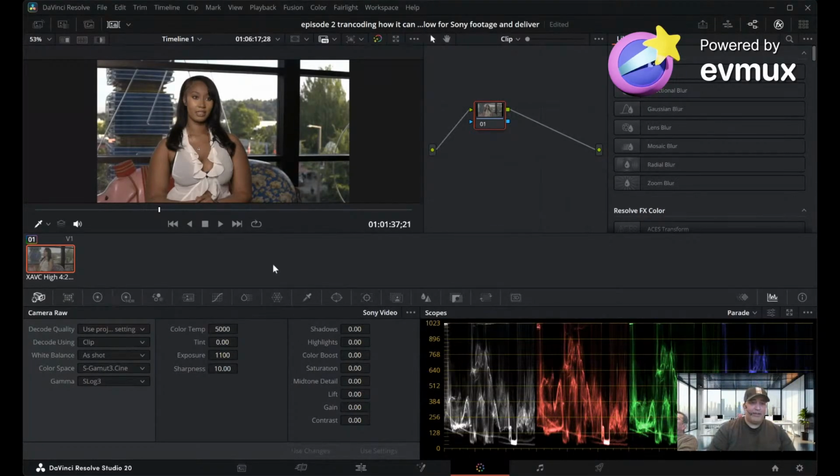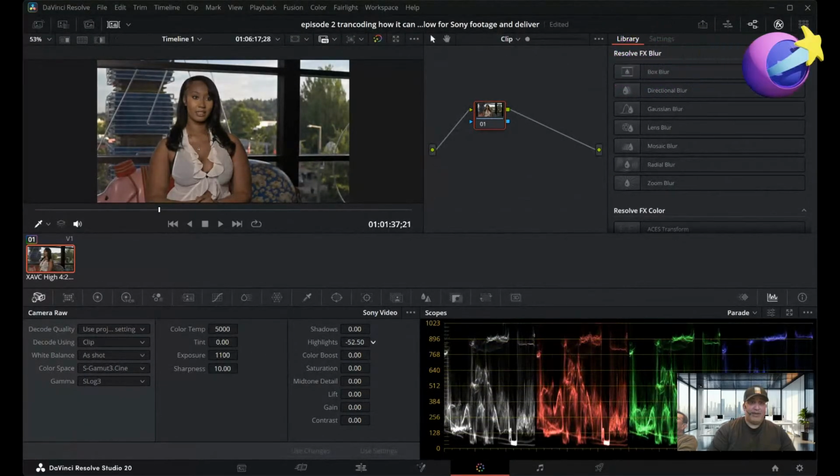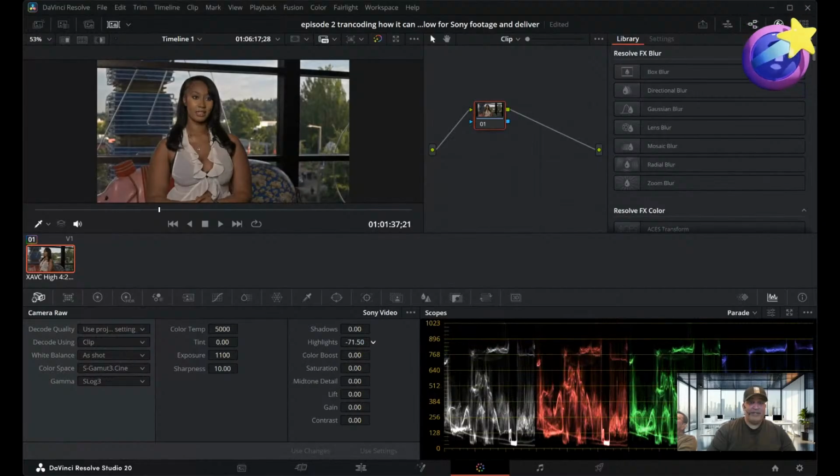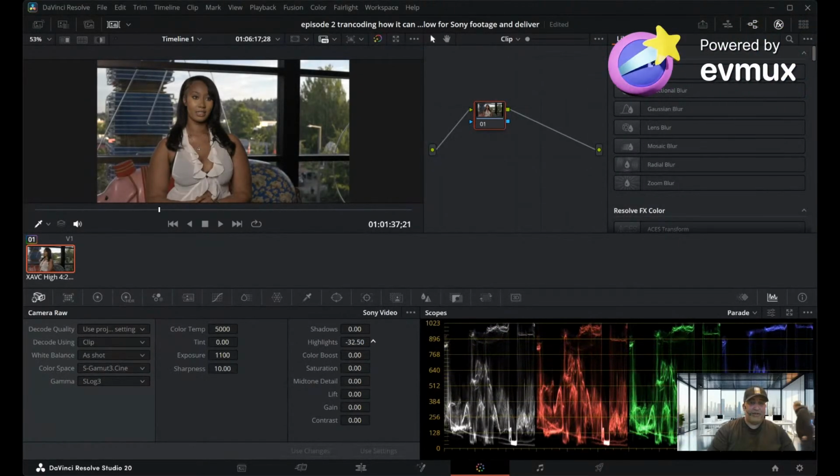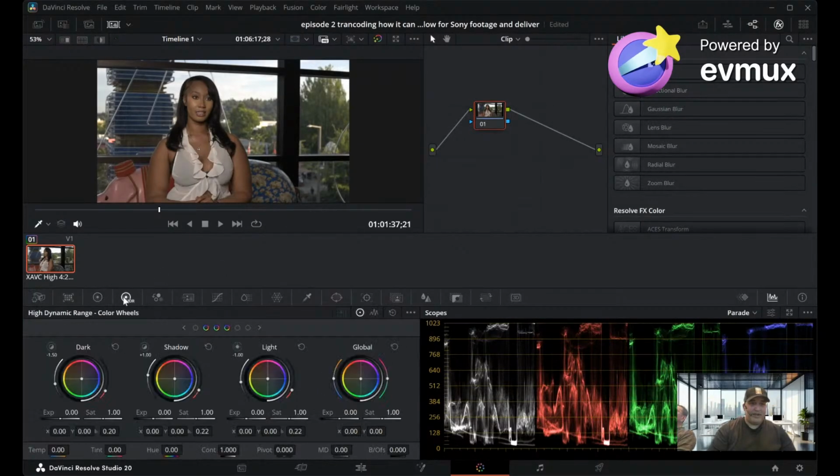These highlights are a little blown out, but watch this. This is not very hard to fix. Like, I can bring those highlights down really easy. And what's really cool is I can bring the highlights to here in the raw type shooting, and then I can come over here to the HDRs,